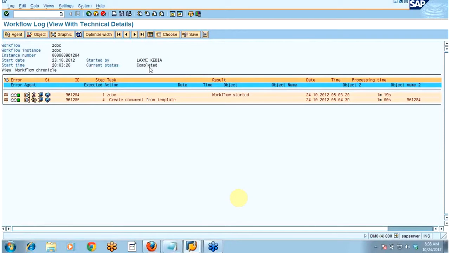You just send me that, and also the container elements binding. Or if you have minutes, I can share my screen and you can look into that. Okay, give me a few minutes. Let me get to the system.